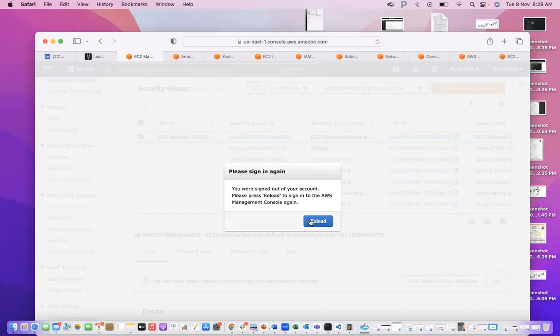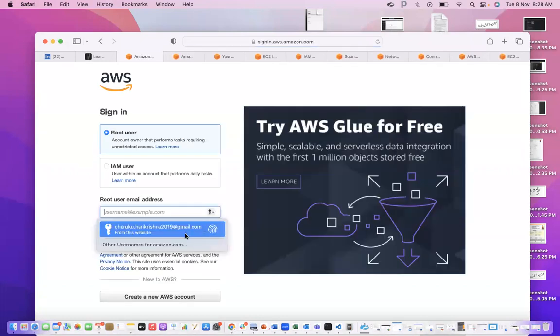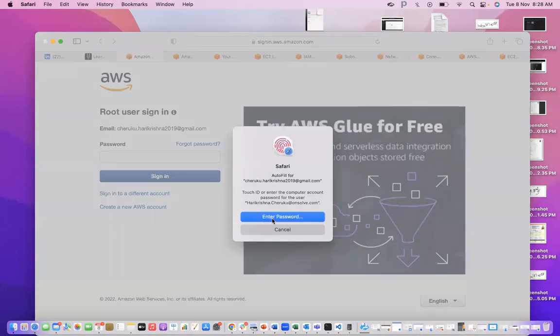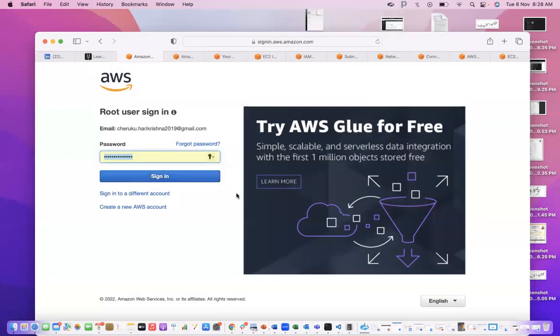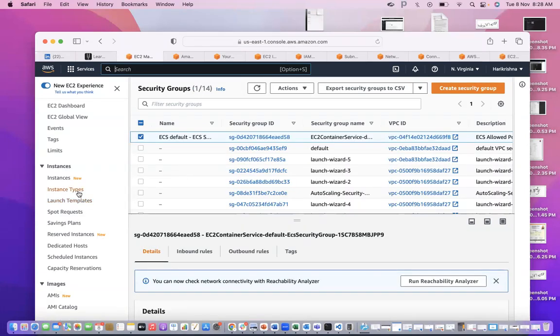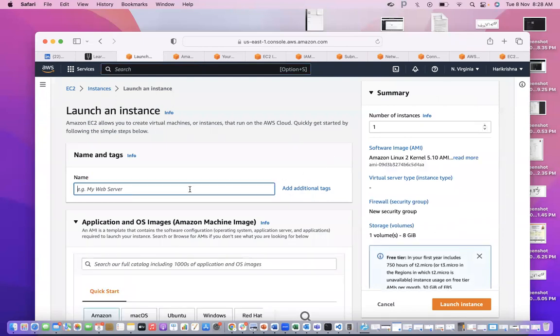How many people have installed the Linux OS machine? Madhuri, did you? Yes, I did. Guys who have not installed the OS till now, you can respond. I haven't installed it yet.